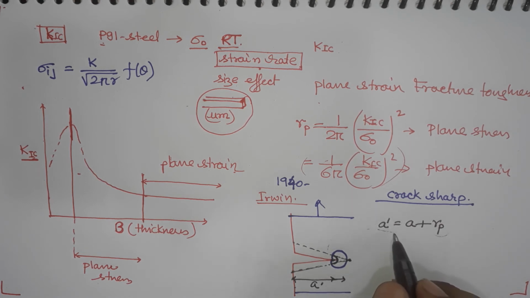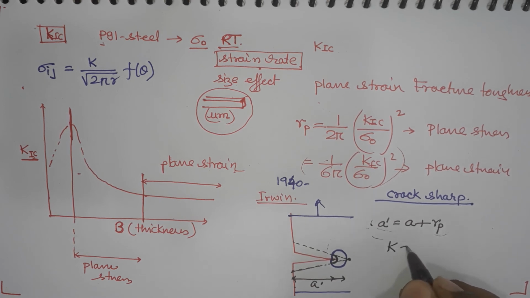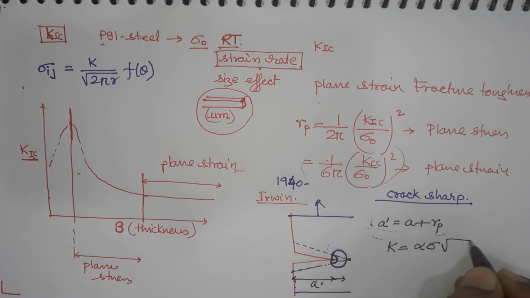But at this point it is important that you consider that the crack has virtually grown by an extra amount of Rp, and then that is your initial crack length. So, if you calculate fracture toughness, which is equal to alpha, which is a factor of the shape of the crack, we will discuss that part also, into sigma root pi a,